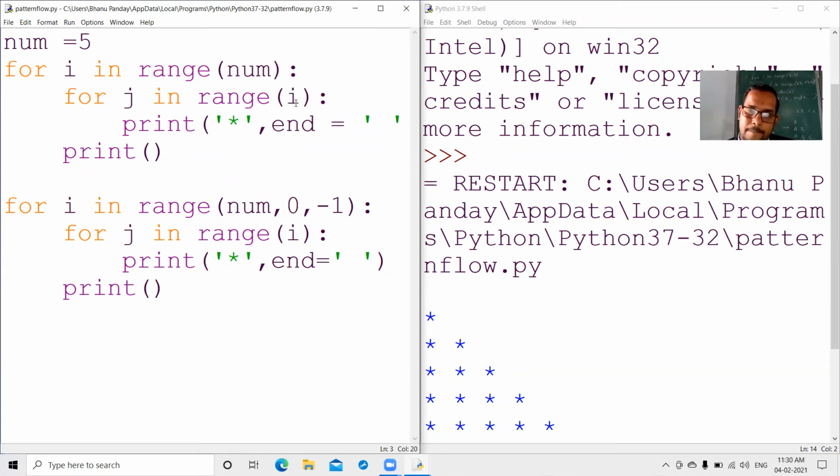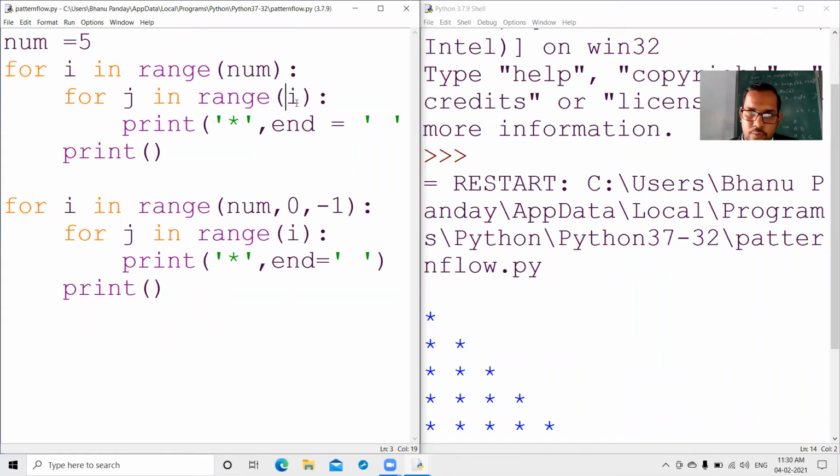Because the first index of this range is 0, and 0 is stored in i. For j in range 0, because the value of i is 0, will it execute for 0 or not? Tell me, will it execute for 0 or not?